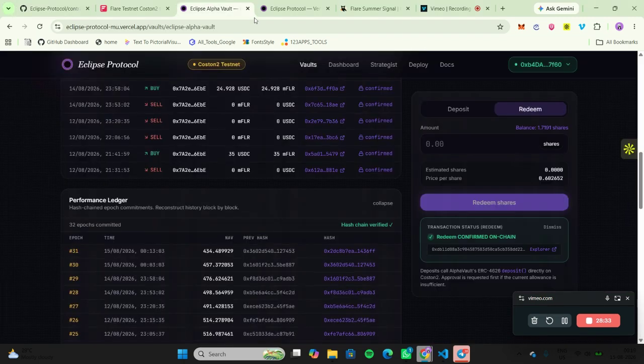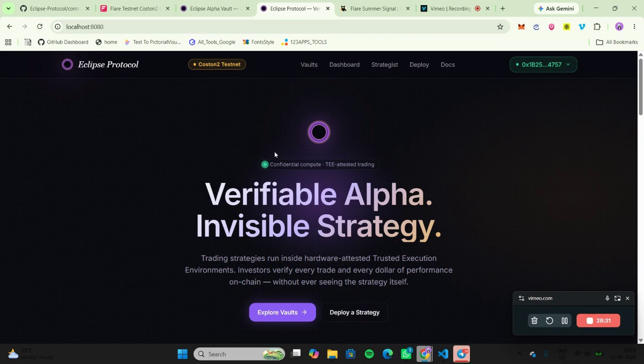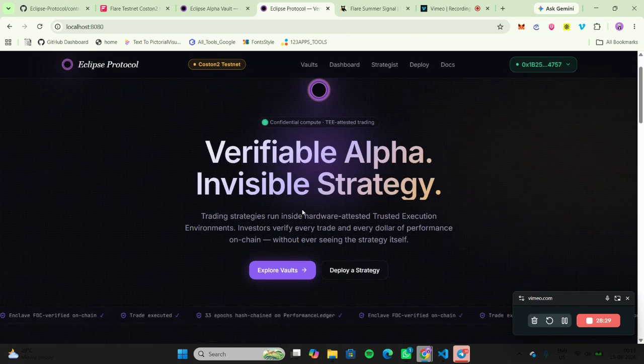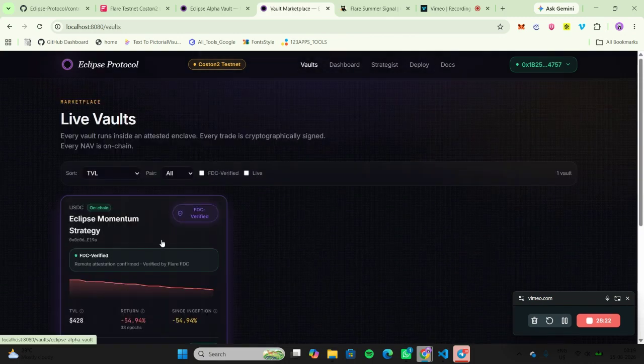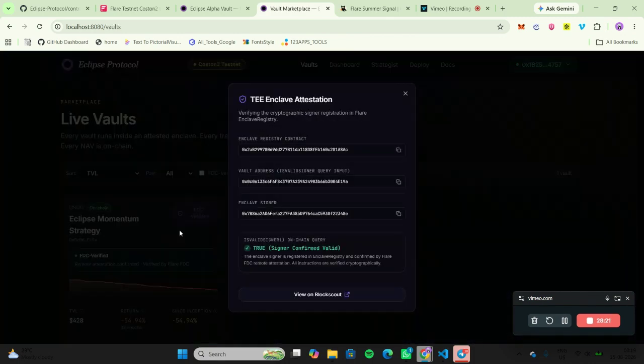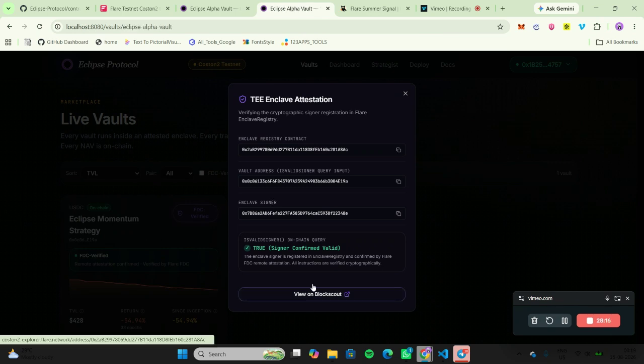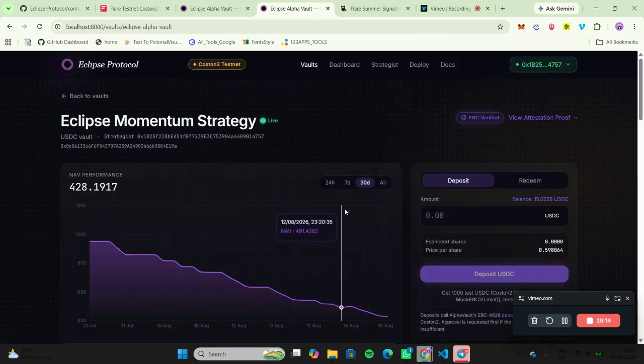You can visualize the entire screen here. This was the landing page, with the tagline verifiable alpha, invisible strategy. Here we can see the deployed vaults. Here we can see the deployed Eclipse strategy vault, which was verified on the block explorer, the strategist and its